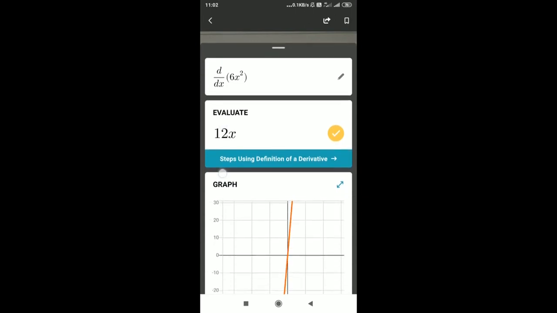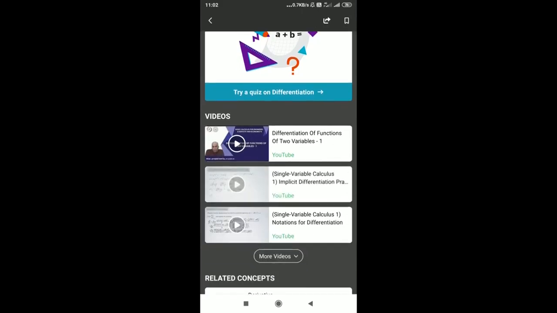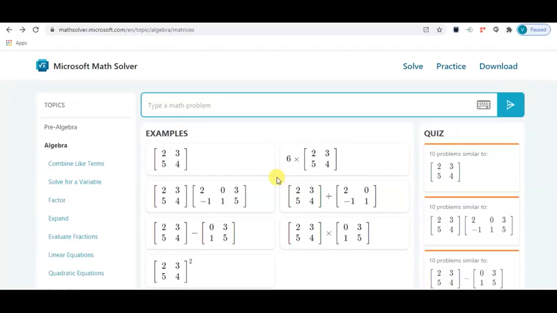It evaluates that, it shows the steps also, in quiz, graphical solution, videos, etc. This application is based on the concept of artificial intelligence. This app is very useful for school children as well as for college students.